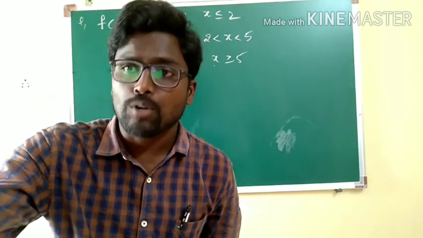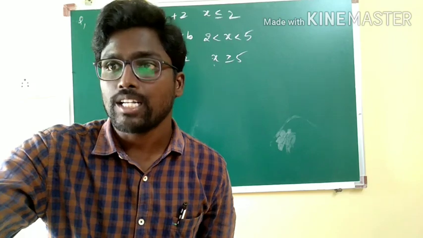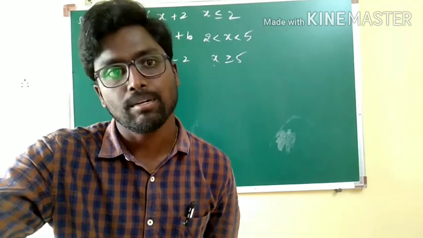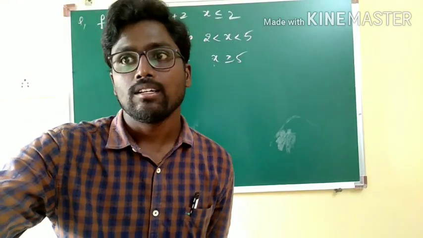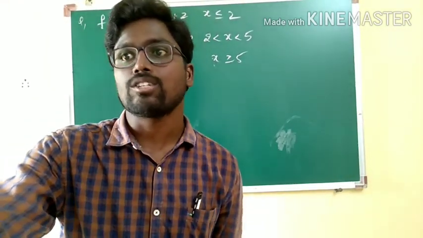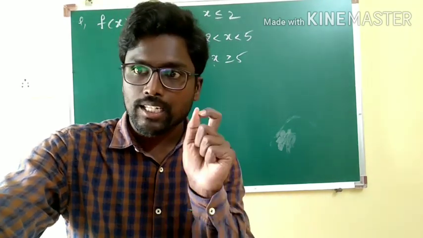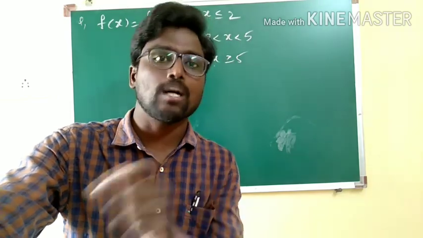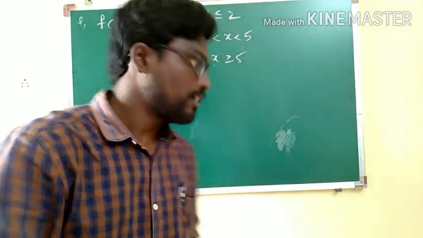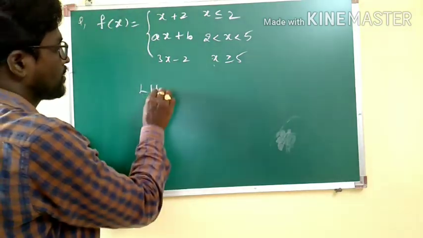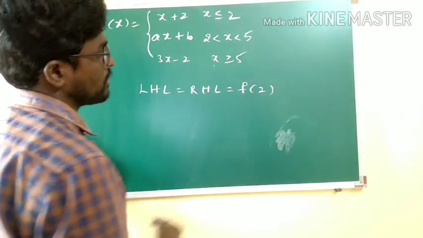Here in this particular problem, it is not mentioned specifically that the function is continuous at what particular point. It is simply said that it is continuous in a certain interval. I have discussed one problem like this. Here you are given the intervals from 2 to 5, so you can take the continuity in between 2 comma 5, including 2 and 5. So what will you do? First you calculate the left hand limit and right hand limit. LHL equal to RHL equal to the function value at 2.